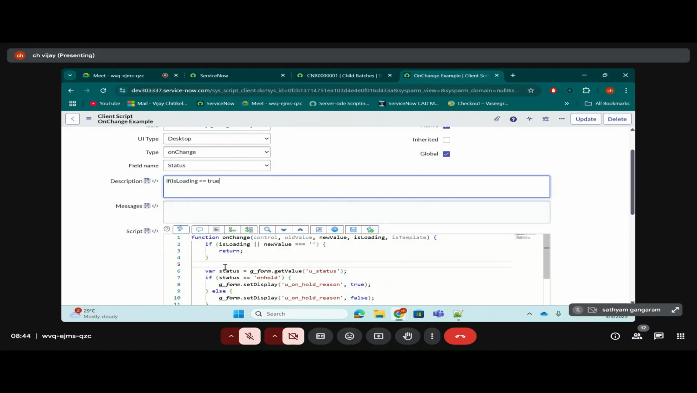Okay, which means if is loading means, is loading is a boolean value. If is loading equal to true, when is loading will become true? When the form is loading. When the form is loading, it will become true. If form is loading,